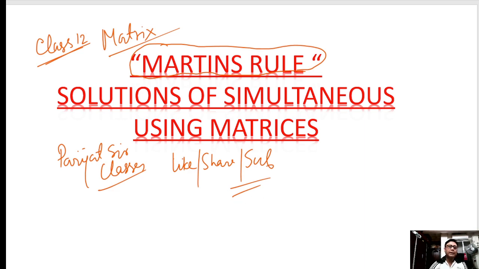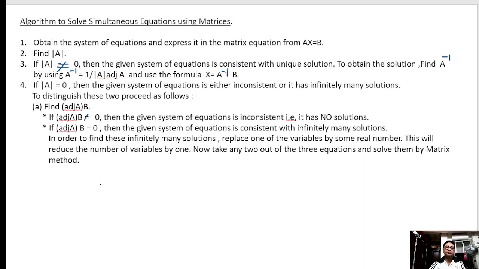So let's move ahead with this session of the matrix, how to solve the simultaneous equation using matrix. We will be dealing with how to solve simultaneous equations using matrix. So first of all, watch here. Please see the rules, what we are going to discuss today. First point: